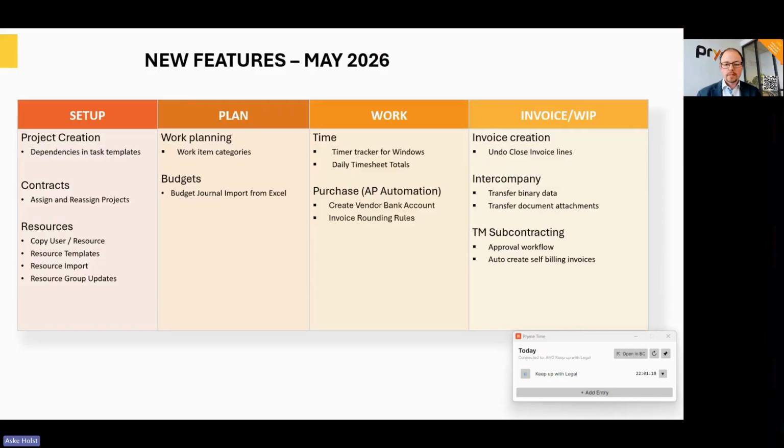So the new features we have for this period, I've sliced up into some areas related to where in the matter lifecycle they fit in. So setup, planning, working, invoicing. And let's start up with the setup part where we create the matters and we define the master data related to that. In that area, we have project creation or matter creation, and we have a new feature for dependencies